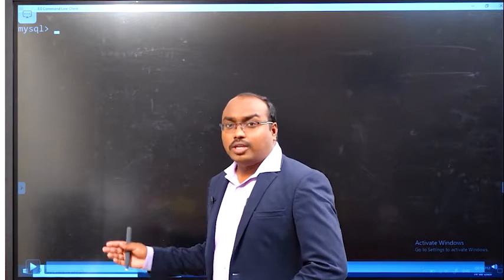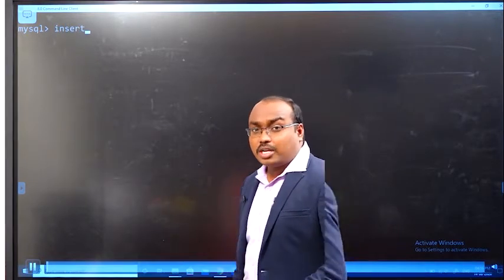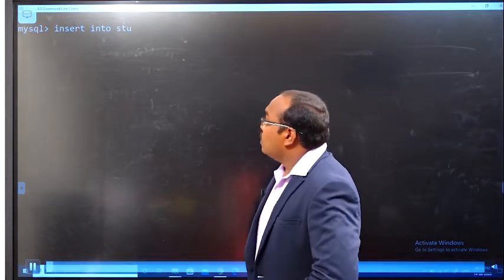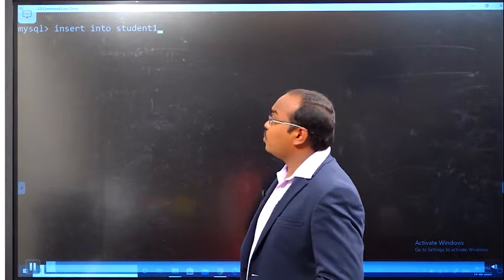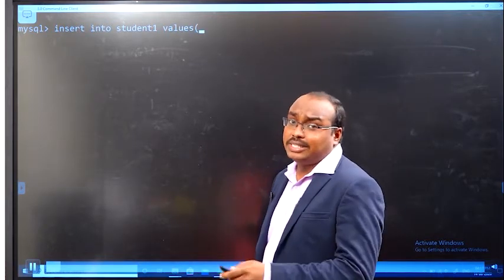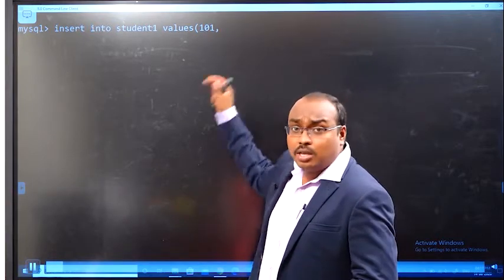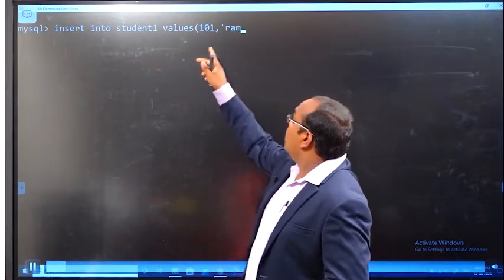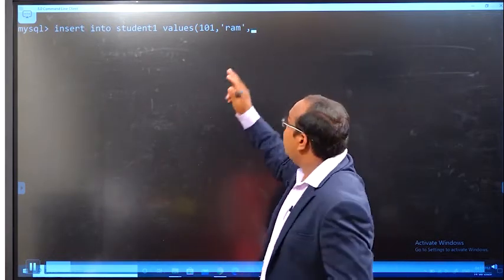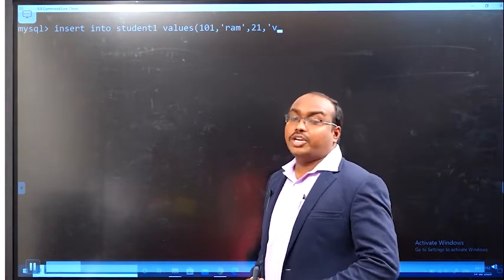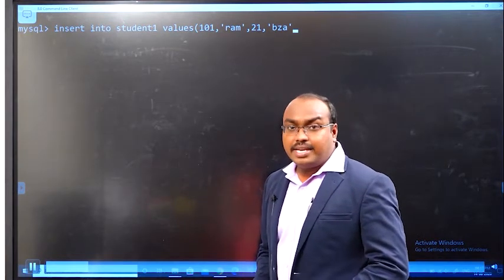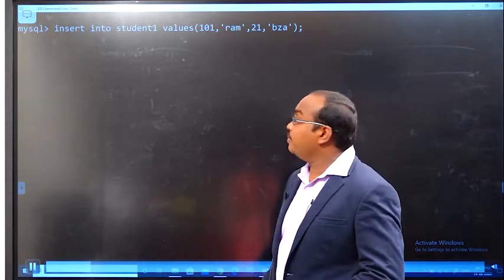Here I will show how to insert data into the table. The command is the insert command. So insert into table name. The table name is student1, and values. The values we have to insert into the table, we have to mention within the parentheses. The first is SID, SName, the third column is age, and the fourth column is location. So in the table I have to mention a total of 4 columns: SID, SName, age, and location.